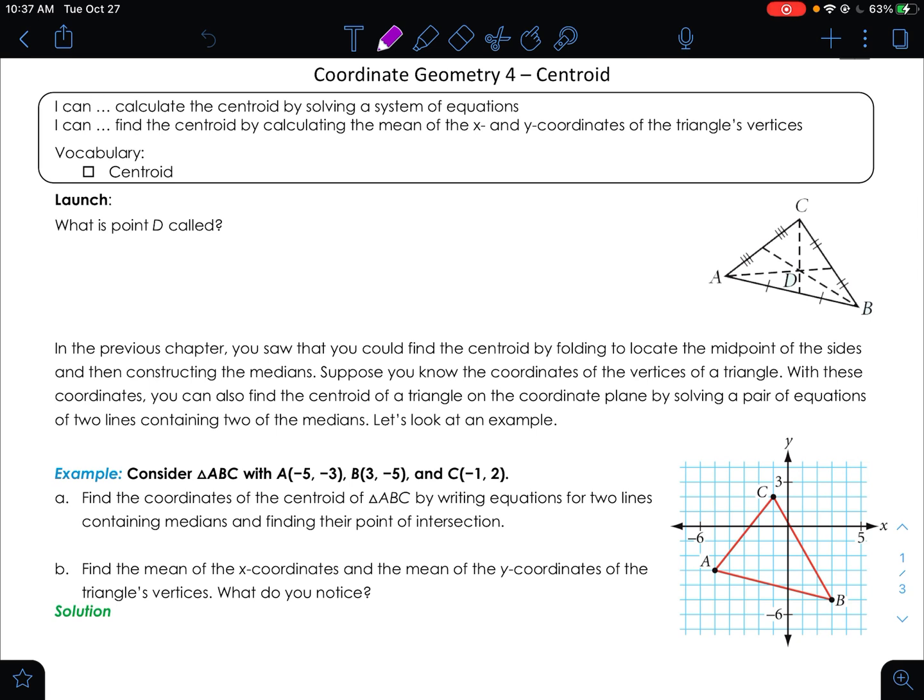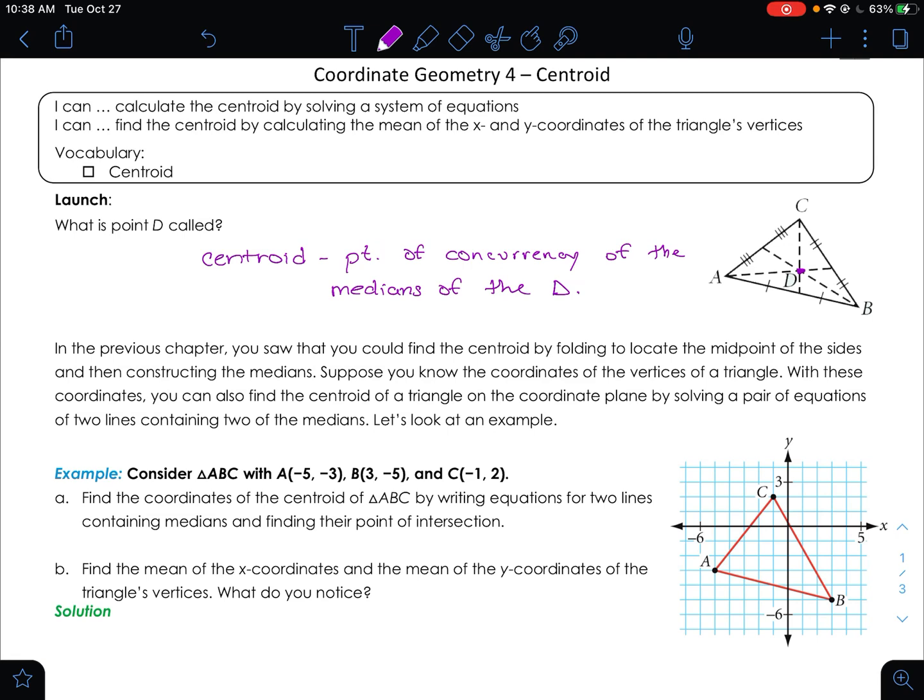So point D is your centroid, okay? And we know it's the centroid because it is the point of concurrency of the medians of the triangle, okay? So again, previously we had to rely on a compass and straight edge to find the median,